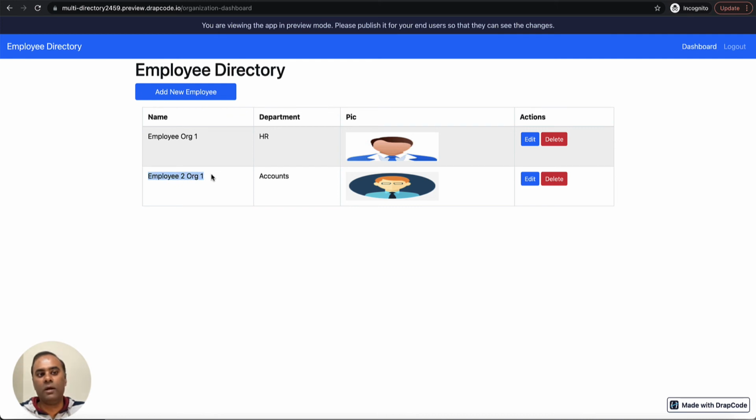So we are able to create a very simple application where a manager can add employees and view the data. But this is not yet a multi-tenant, because if I log in from another organization, then also we will be able to see all the details of all the employees, which we don't want, right? We want only the specific organization manager to see the data of their employees. Okay, so let's go and build it a multi-tenant.